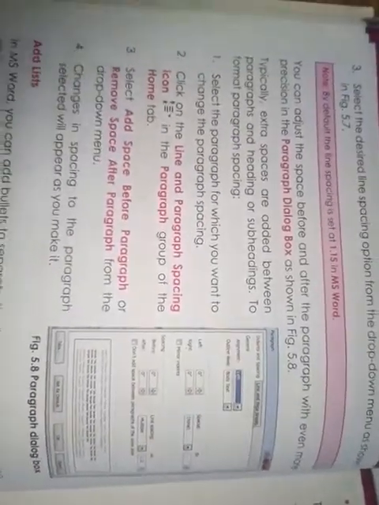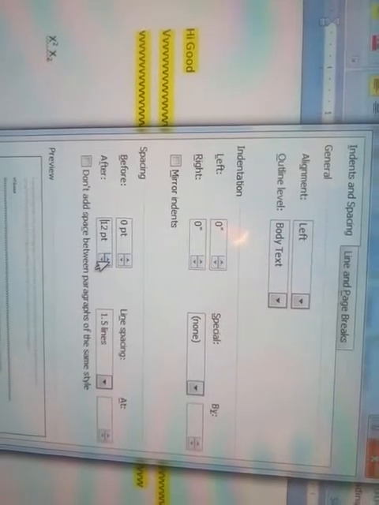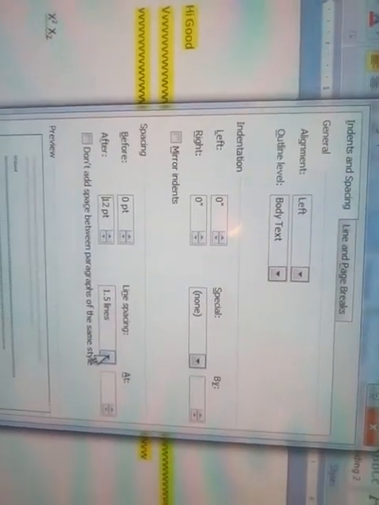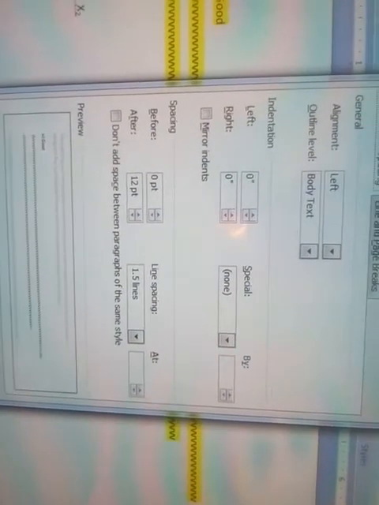Then if you want to manage the sizes on your own, you can see here how the spacing should be. You have to go to here, press on the same thing, and add space before and line spacing options. You can change how the paragraph should be, how much before and how much after, and how much line spacing you want. Then line and page breaks, if you want you can change, and press OK, it will be applied to your selected text.